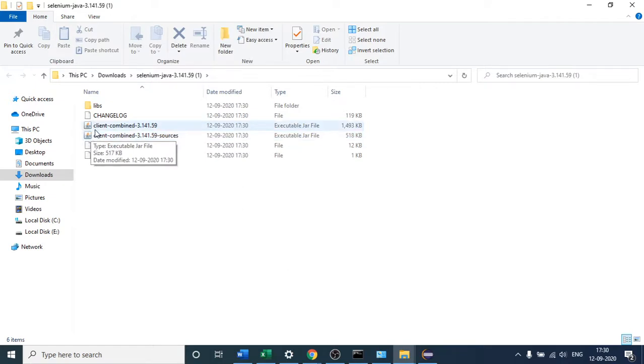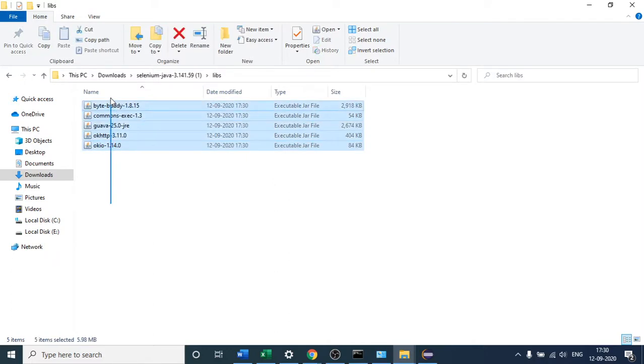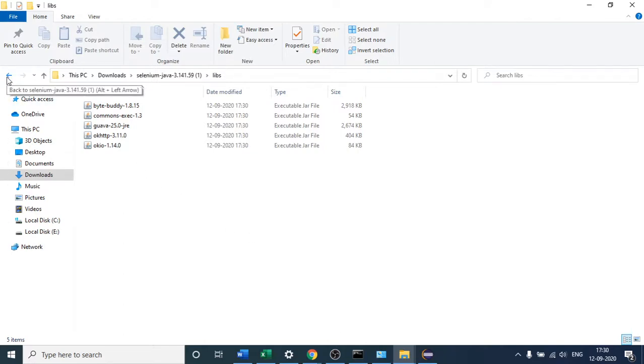You can see the Java icon present. Okay, so see this is also one jar file, an executable jar file, right? You have to worry about only this one. These are the two jars, and if you click this folder, you can see 5 jars are also present here, right? So what these jar files will do, these jar files will help Eclipse to understand what Selenium code you are writing. So first you have to import these files so that Eclipse will have the knowledge of the jar file, and ultimately Eclipse will have the knowledge of your Selenium code.